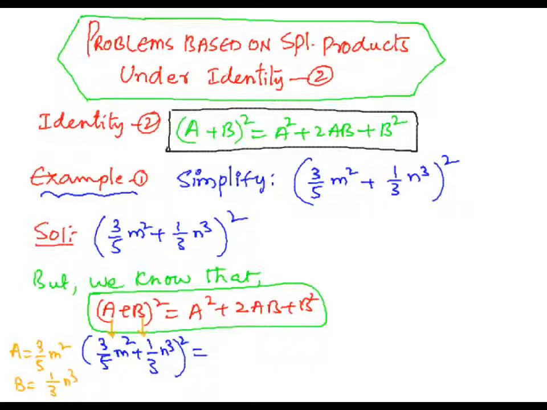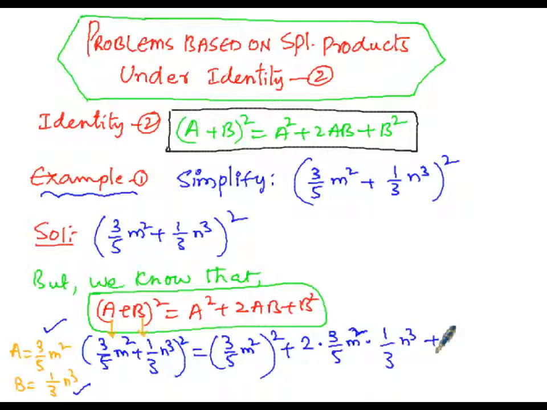Then the result will be: a must be replaced by 3/5 m square, but it must be squared, since the right hand side of the identity is a square plus 2ab, 2 into a value 3/5 m square into b value 1/3 n cube plus b square. So b is 1/3 n cube, but it must be squared, whereas in the middle term the denominator is 3 and the numerator is 3,